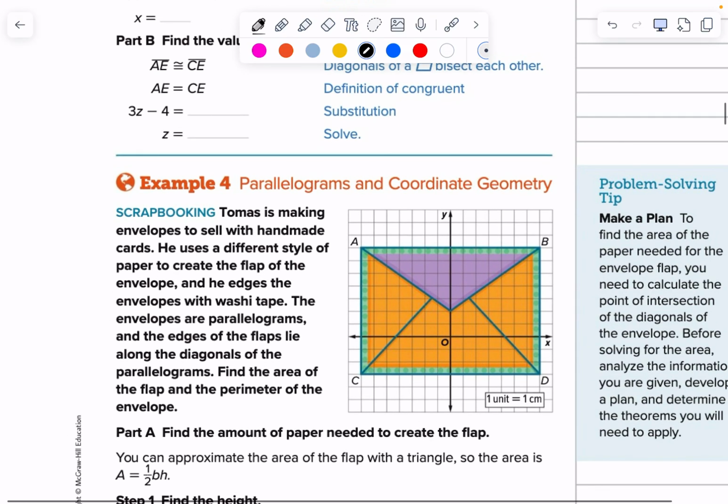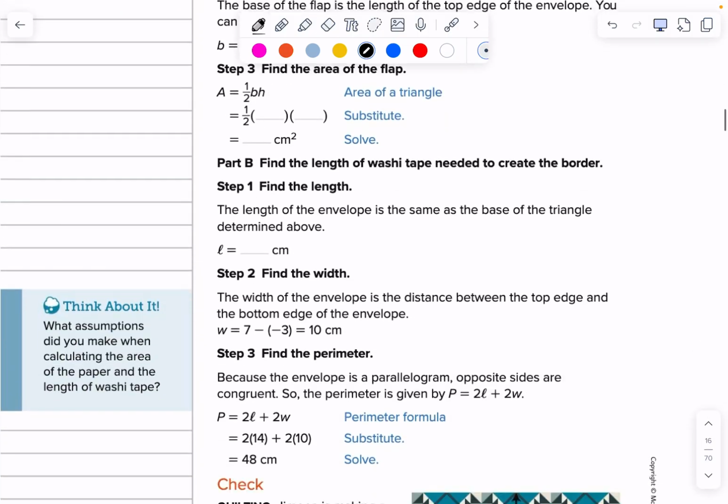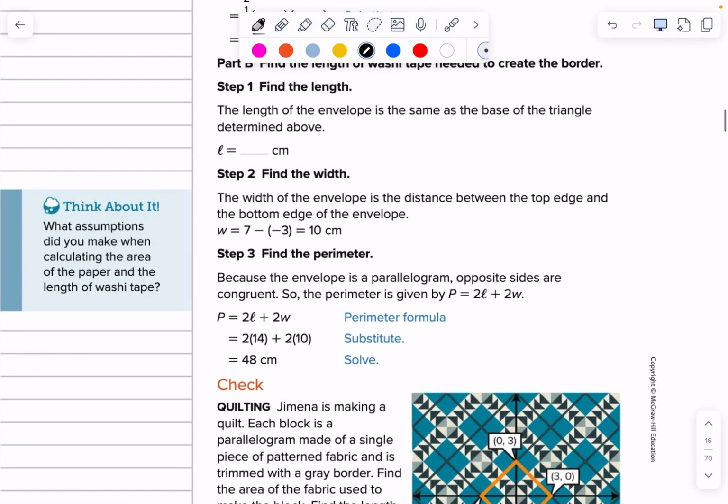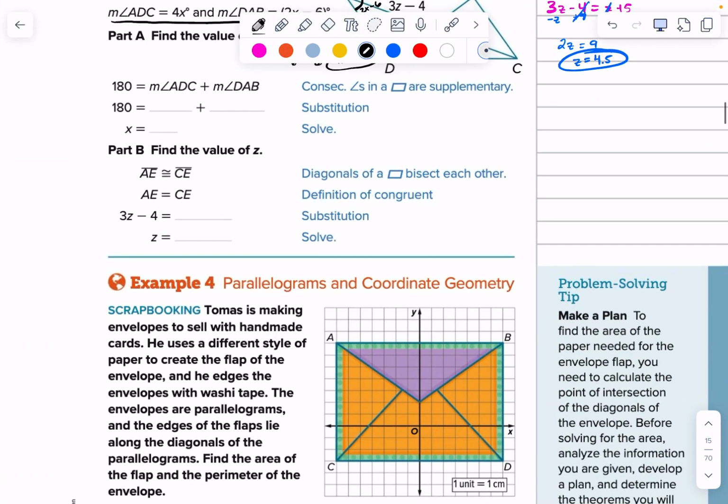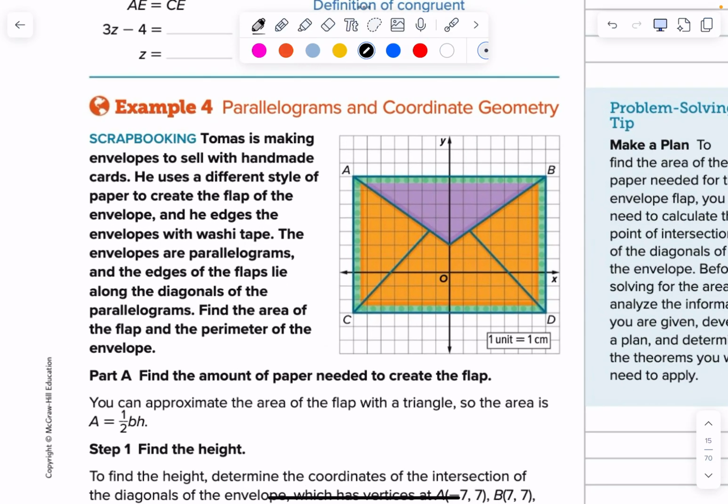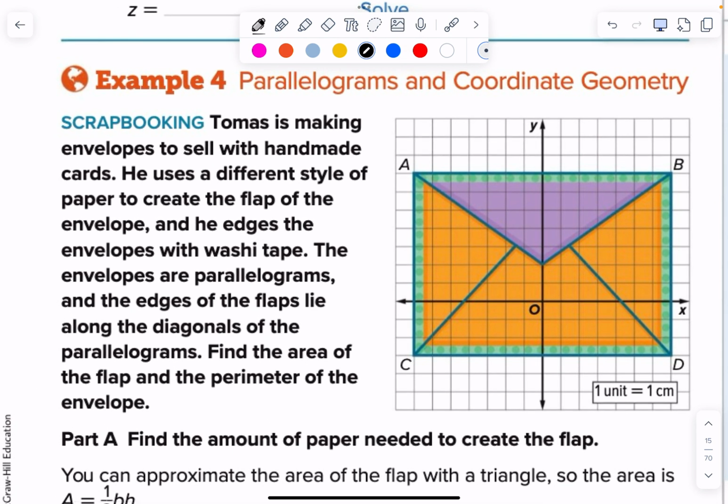Thomas is making envelopes to sell with handmade cards. He uses, is this the last one? See, but look at how long this takes. Look at that. They do it super silly. Thomas is making envelopes to sell with handmade cards. He uses a different style of paper to create the flap of the envelope, and he edges the envelope with